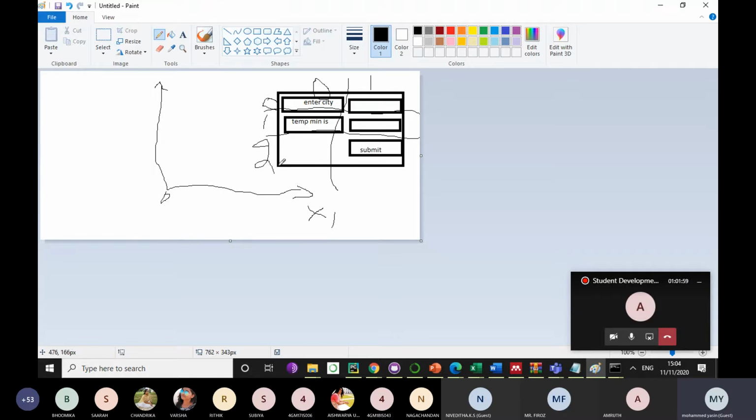So there are rows 0, 1, 2, 3 and 2 columns. This enter city is in row 0 and column 0, and this entry box is in row 0 and column 1.